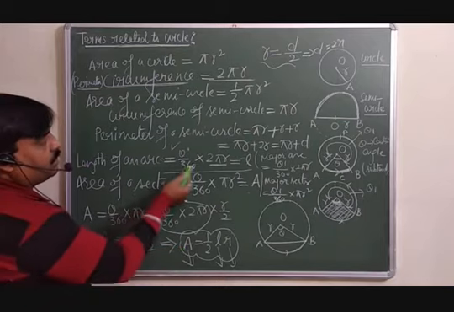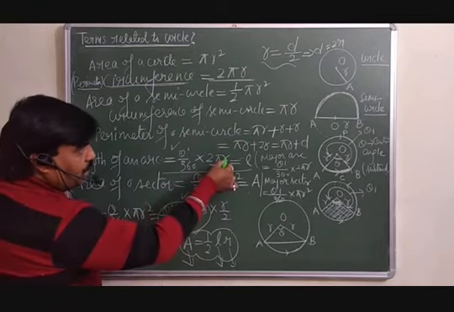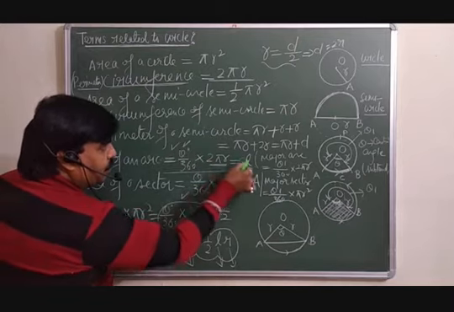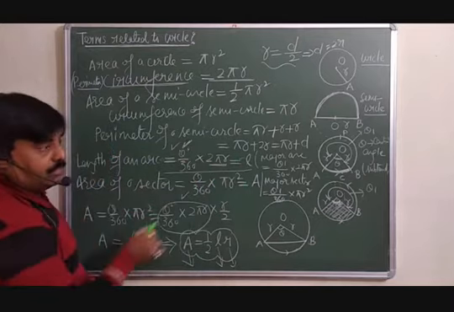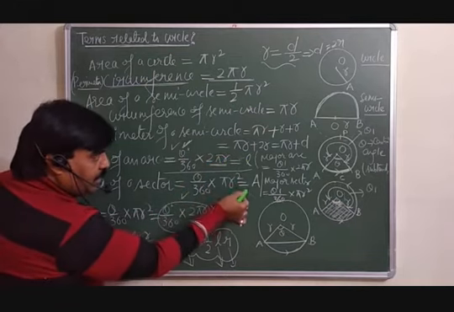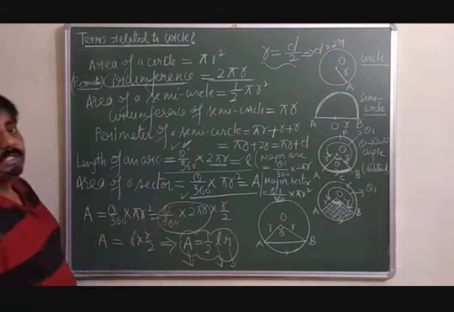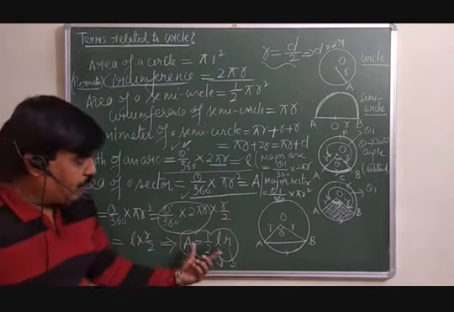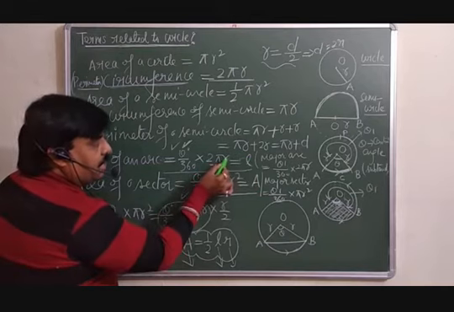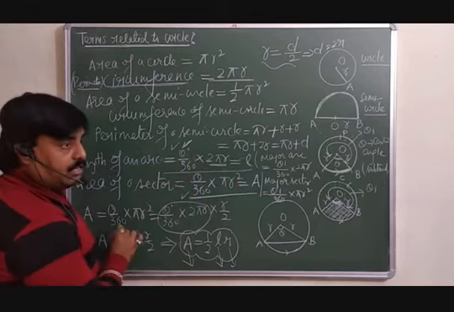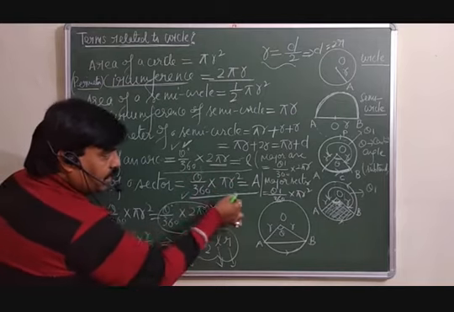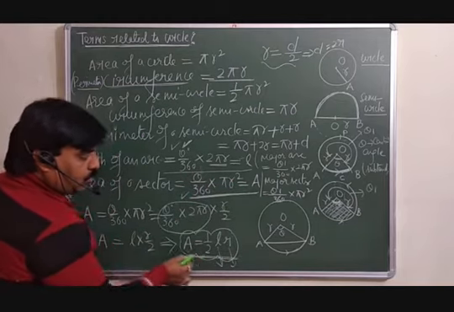What are the children doing? बच्चे क्या करते हैं? They are putting the value of r here and theta. They are going to calculate the theta first from L and r, and then the value of theta and pi they are putting here. Then they are going to calculate the area of the sector. लेकिन by using this formula, if you know this formula, then directly you can calculate. Instead of putting L here, r here, and calculating the theta, theta की value निकालना है, then putting it here, then the radius, then calculating. So you must know this is also one of the formulas.